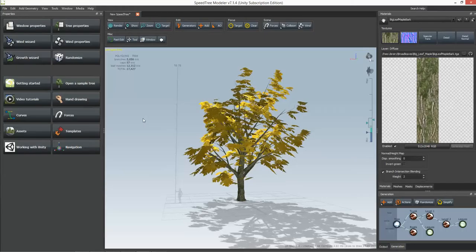There's a lot of other things I can do as far as shadowing and lighting and stuff like that. But this is just my first little maple, and